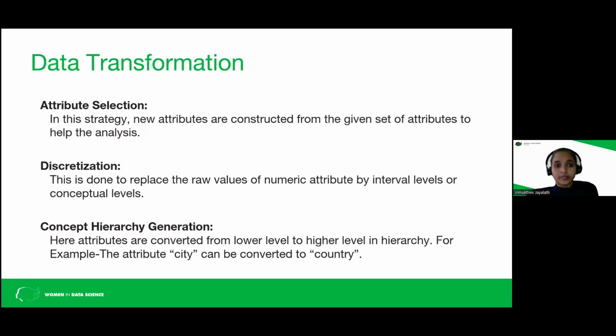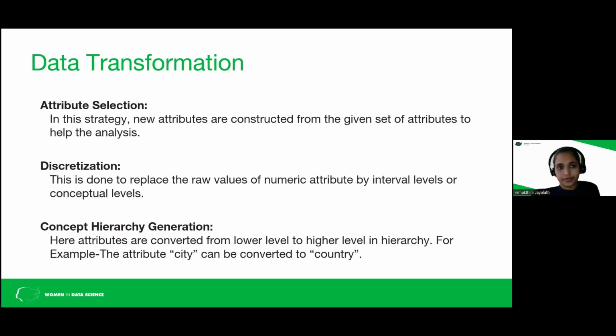Say, for example, if we take, sorry, sorry for the interruption. So when it comes to attribute selection, it's mainly about constructing new attributes from the set